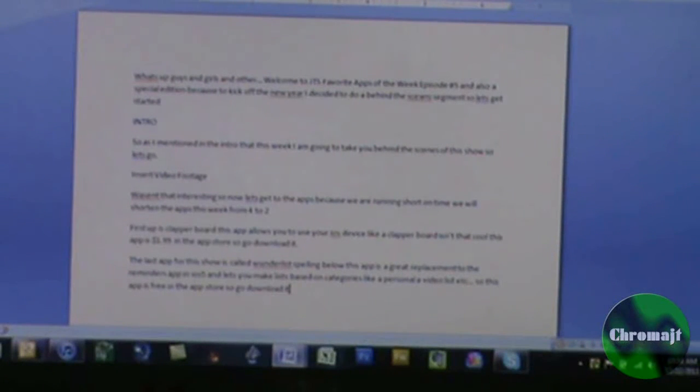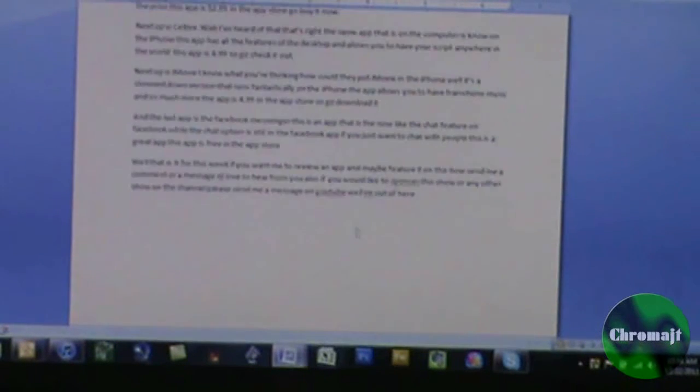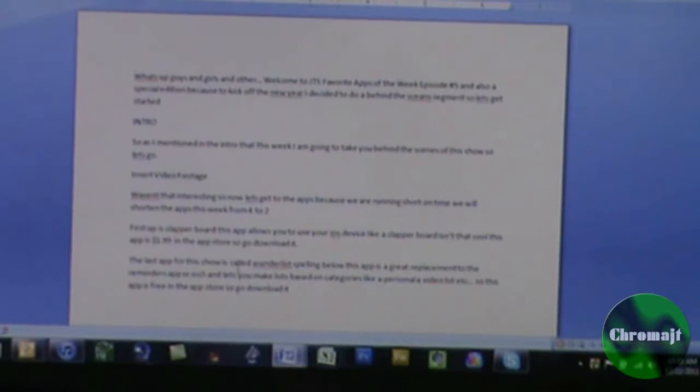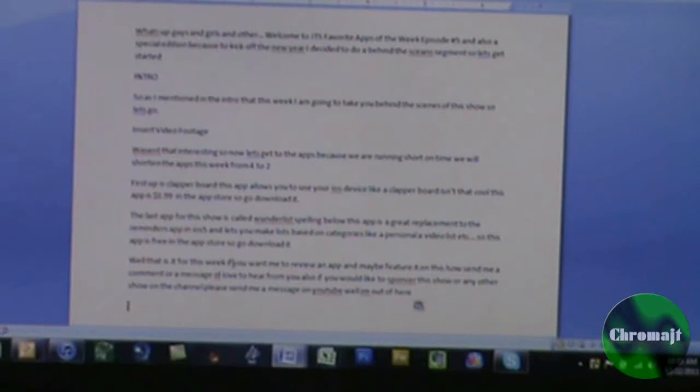Now, the last part to the script is always making sure that I have the little, if you want to be a sponsor, blah, blah, blah, all that. And I usually just take that right from the end of a previous episode. So this is the ending to episode number 3. It's usually always pretty much the same wording. So, well, that's it for this week. If you want me to review an app, maybe